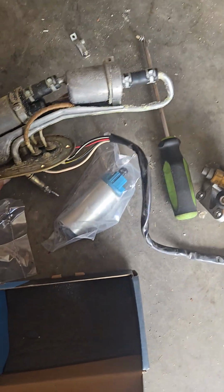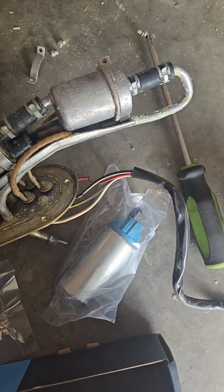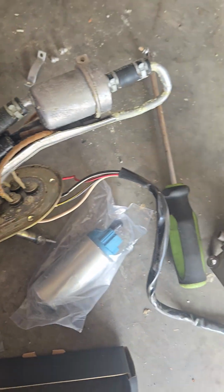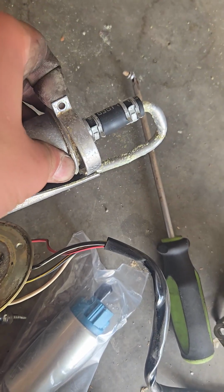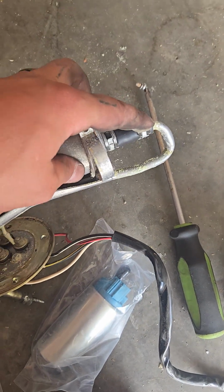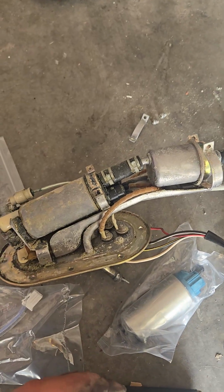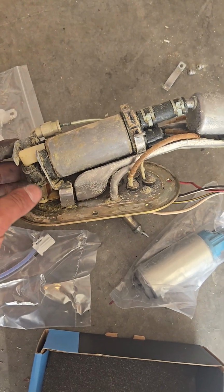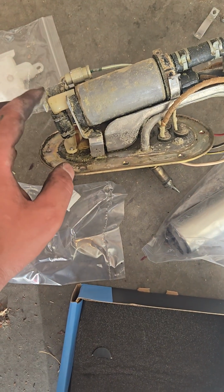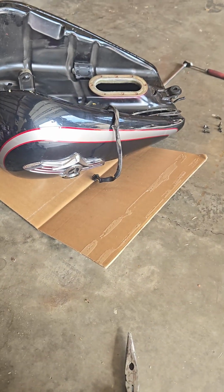So yeah, there is a clip there. Pull that off with 2 little screws, and then you can spread these ears open, and that will let the pump out. Then there's another one for the fuel filter, spread that open like that, and then you're going to want to disconnect this line that feeds the bike. Disconnect that line, and then slowly work this out without breaking these probably pretty brittle plastic elbows. And then I want to thoroughly clean this up, thoroughly clean my tank